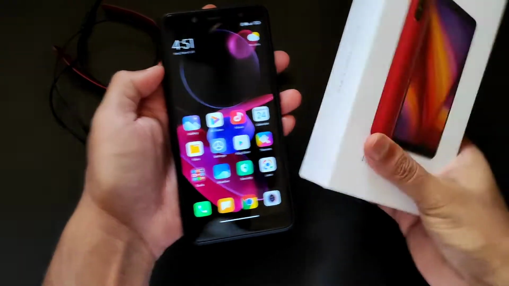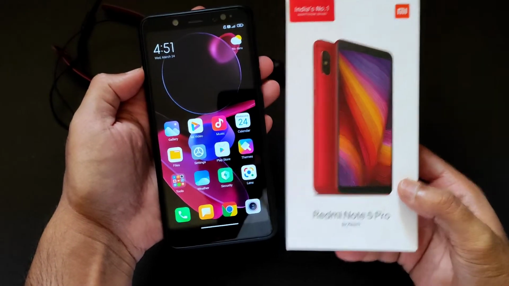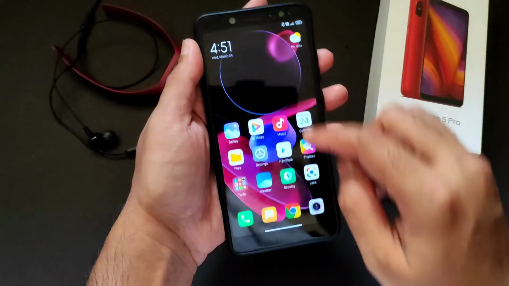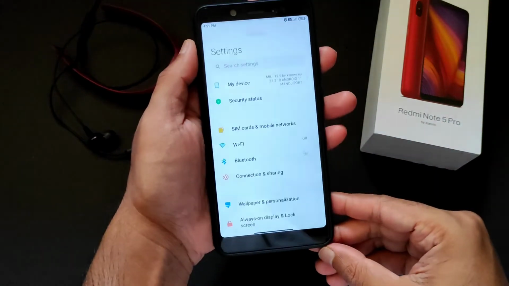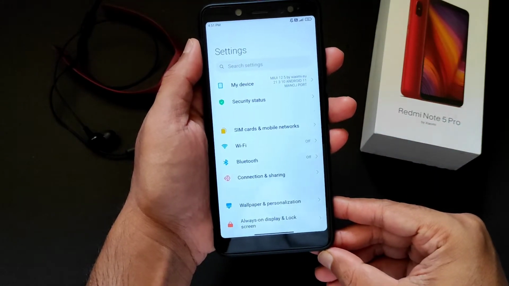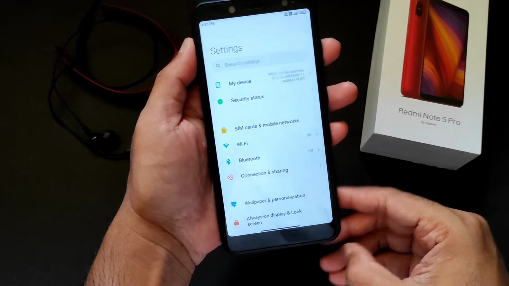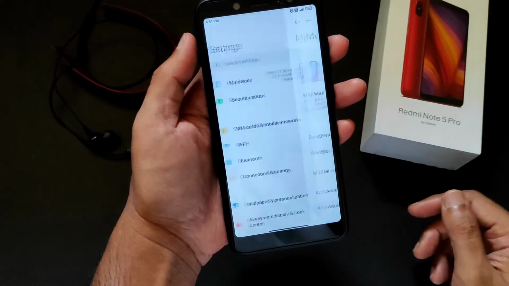As you can see, this is the Redmi Note 5 Pro. And in this video, let me discuss this Android 11 based MIUI 12.5 ported ROM by Manoj to this Redmi Note 5 Pro. I'm in the Wired. As you can see,